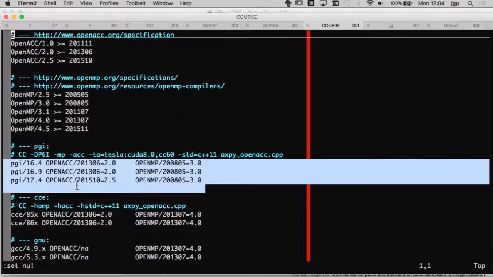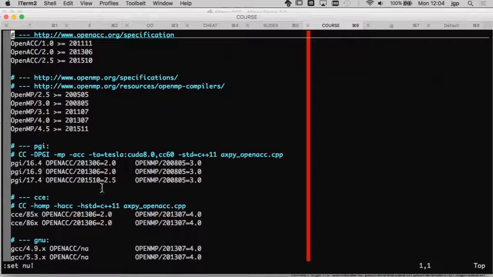I think the important part here is to see that if you use the PGI compiler, they support the latest version of OpenACC, which is good, but they don't support the latest version of OpenMP for GPUs. On the other hand, the Cray compiler only supports OpenACC up to version 2.0, but they support the latest version of OpenMP.